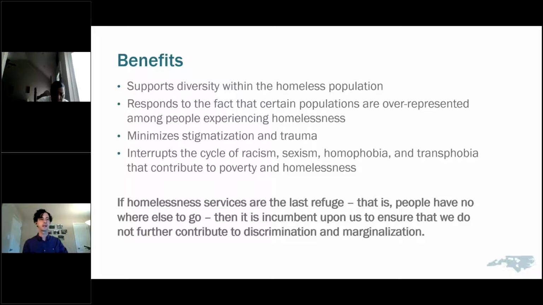So why do we do this? What are the benefits of having this kind of a policy? We know that there is great diversity within the homeless population. There are all types of people who experience homelessness. So the North Carolina Balance of States COC policy helps ensure we reach everyone and that everyone is then treated fairly. We know that some communities are overrepresented in homelessness. For example, 40% of all youth experiencing homelessness identify as LGBTQ, but make up only 7% of the entire population